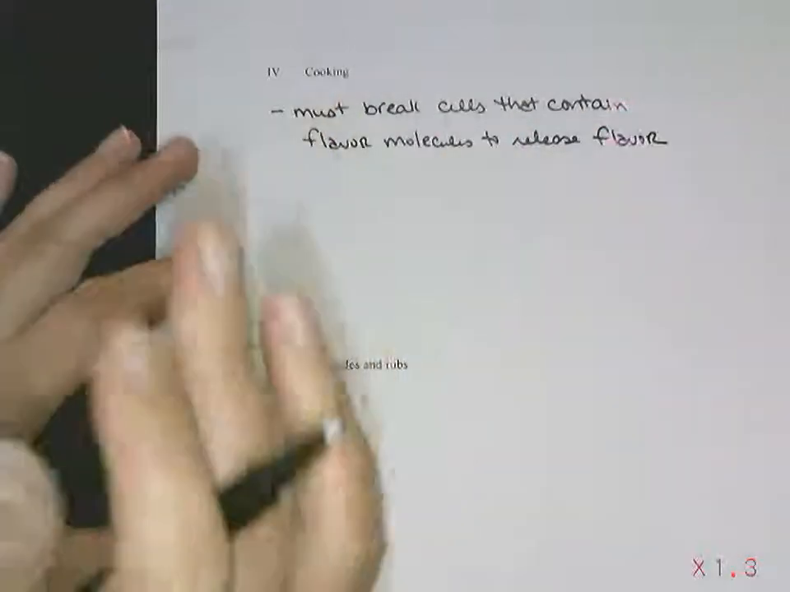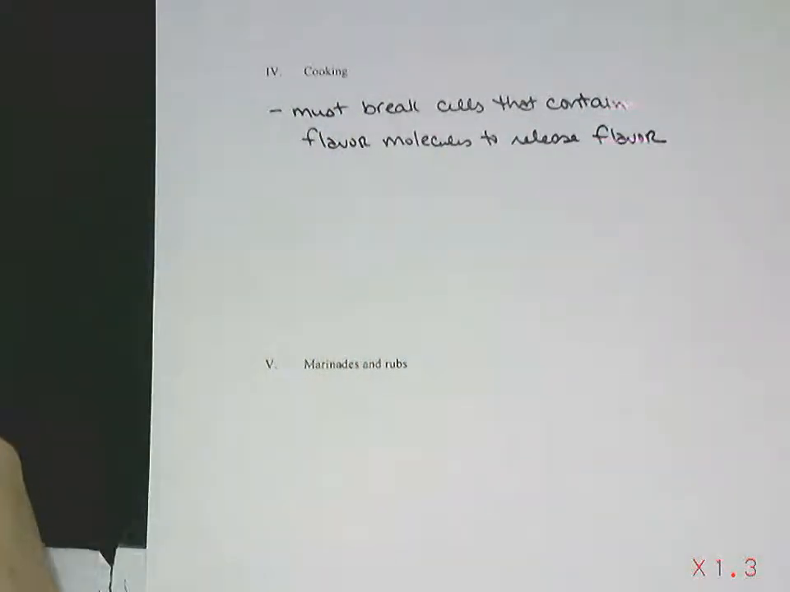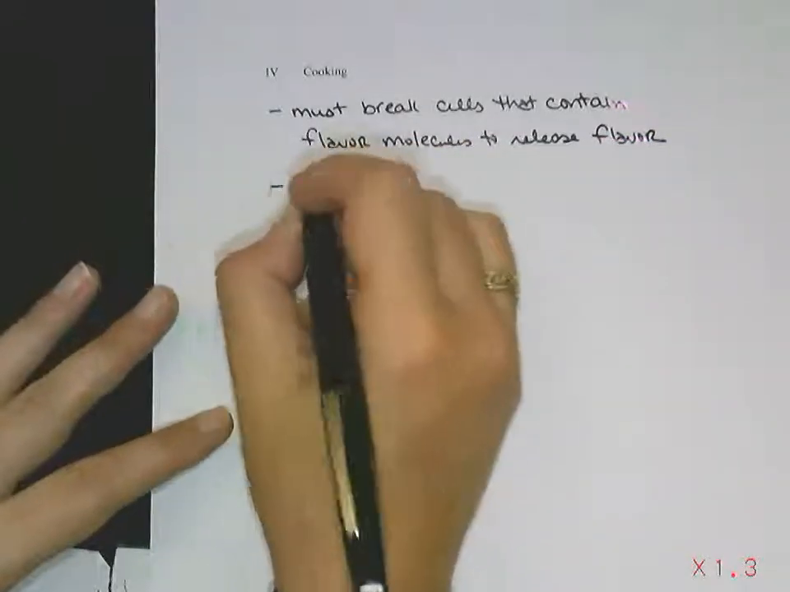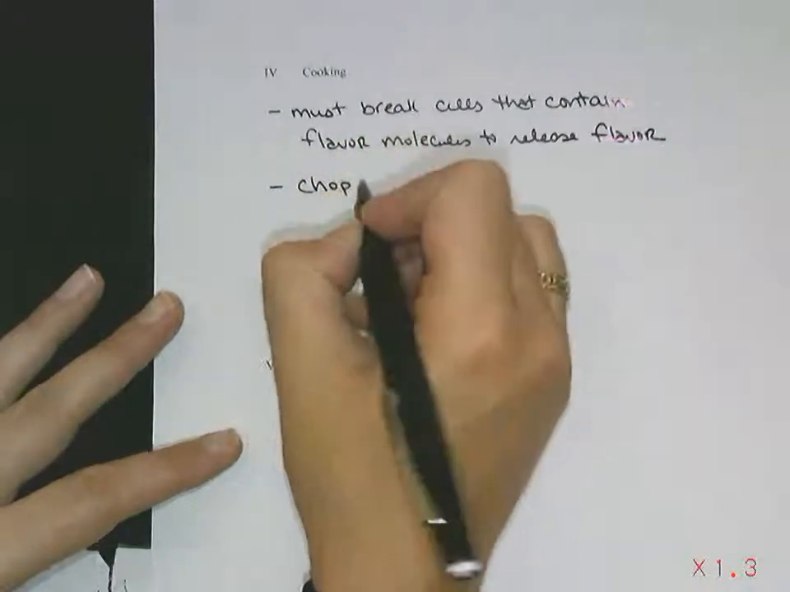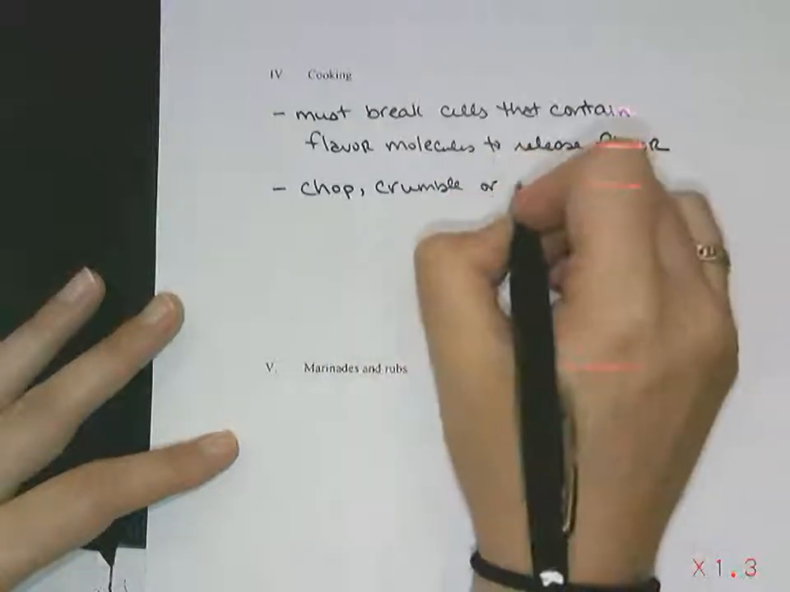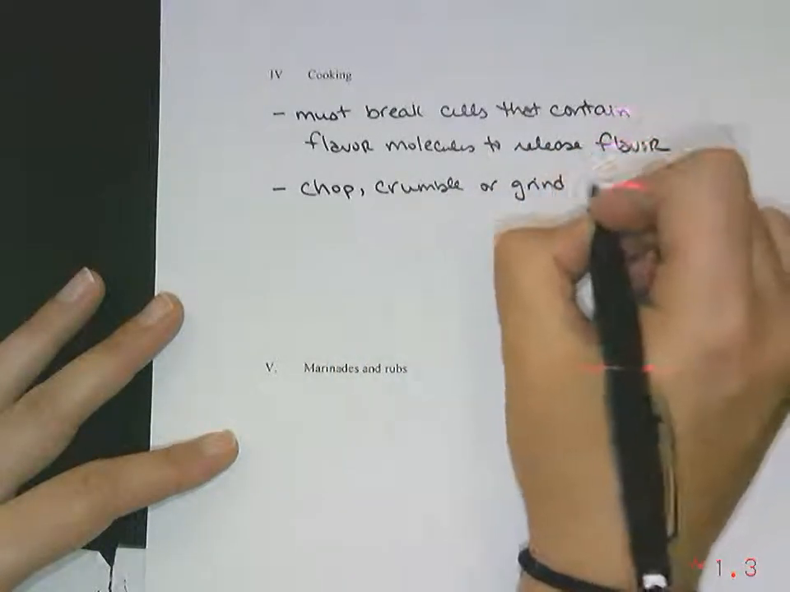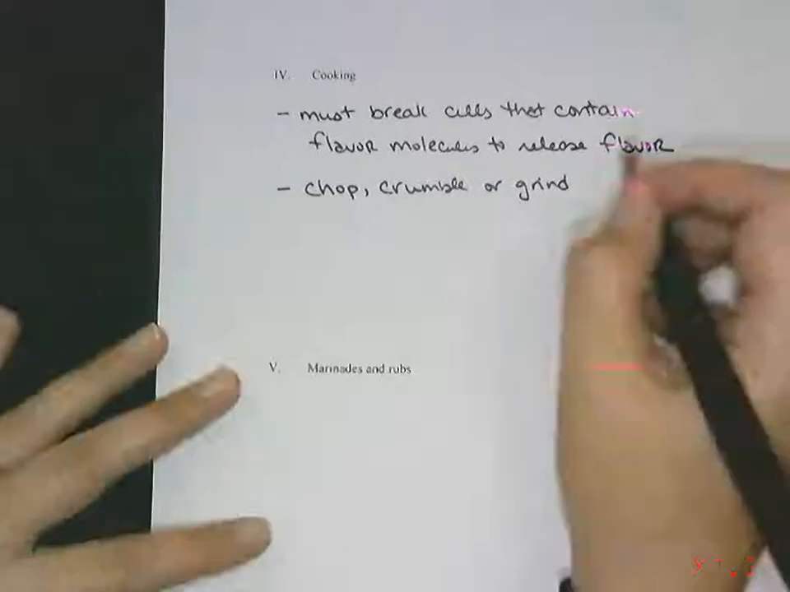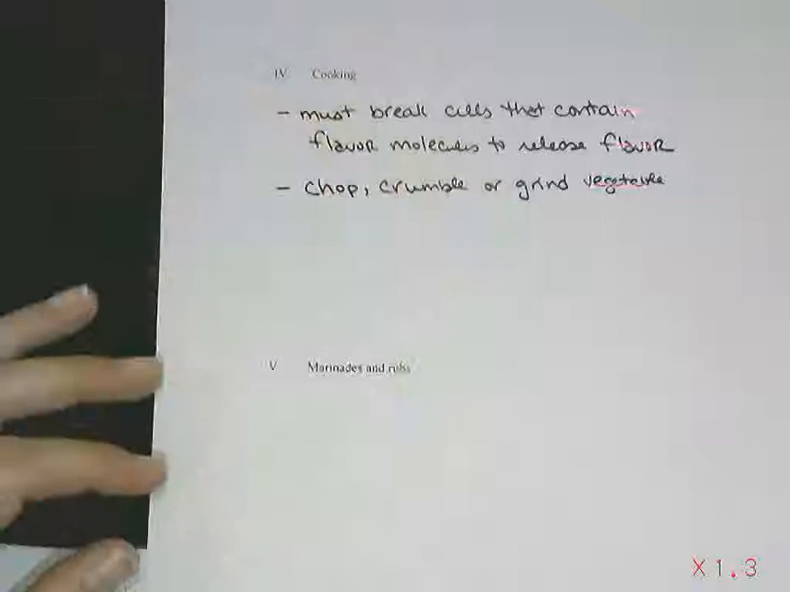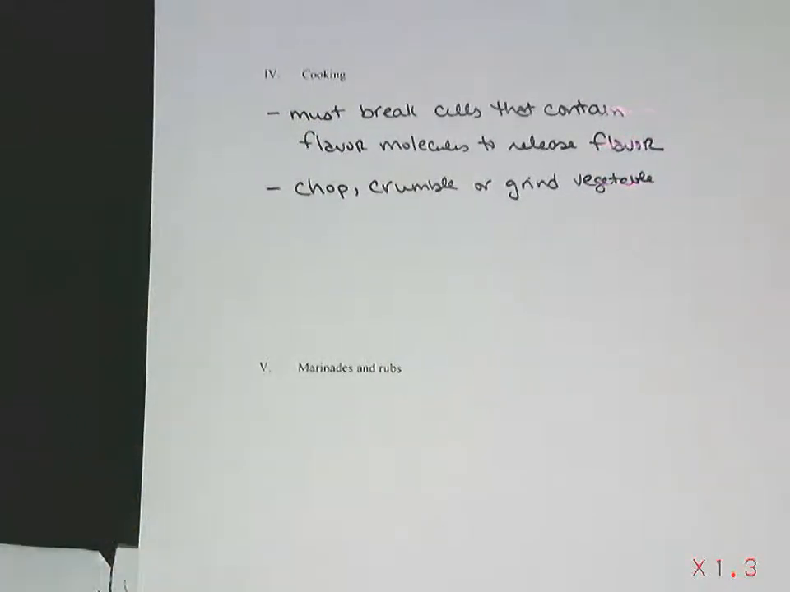All right, so there's a few different ways you can do it. Probably a very common way is to chop, crumble, or grind the vegetable usually. Could be seed. And by doing that, you've broken up the cells and you've made it more available to react with your food. You could also